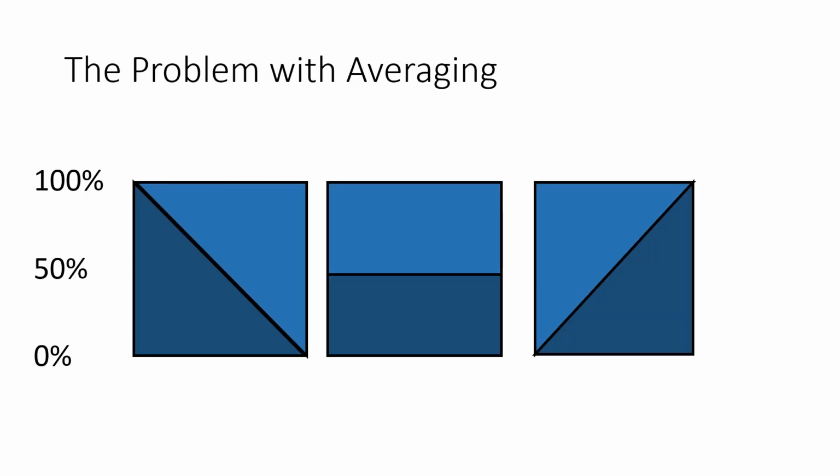Another problem is just the problem that comes with averaging, even if you do it in separate bins. The person who earns 100% on one assignment, then 50% on the next, then 0 on the third, averages out at 50%. So does the person who earns 50% on all 3 assignments, and so does the one who started at 0%, went to 50%, and ended at 100%. As one of my colleagues asks frequently, which person do you want packing your parachute before you go skydiving? The one who started off at 100% but whose most recent try was at 0? The one who was 50% the whole time? Or the one who started at 0% but has now increased to 100% accuracy?